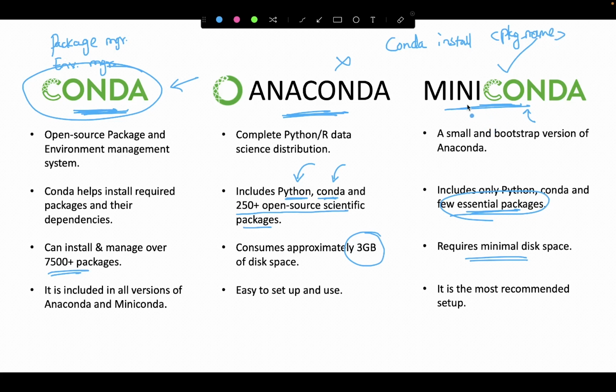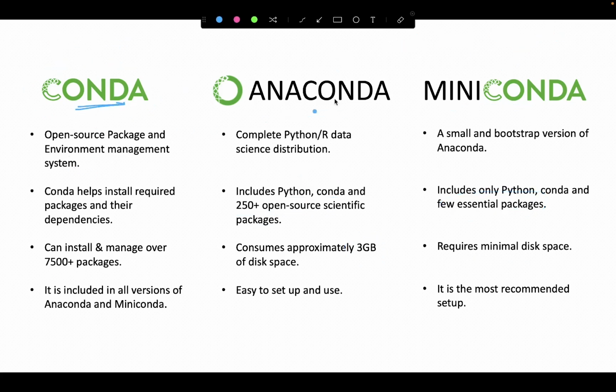Let's not worry about how you install the package manager, how you install different packages using the package manager, how you create a virtual environment in the first place. Let's not worry about any of this because we are going to practically understand each one of them in our following sessions. So the objective of this session is only to make you understand what Conda is, what Anaconda and Miniconda distributions are, and what is the exact difference between Anaconda and Miniconda, which one is the preferred method of installing Python